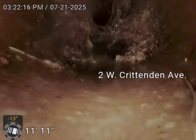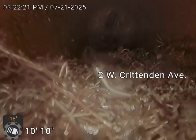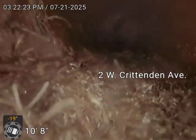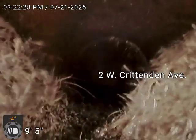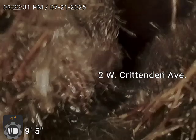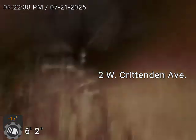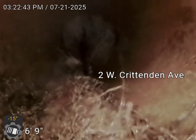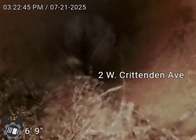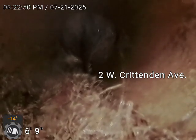If done well, they could get probably a 6-inch knife down through here, at least a 4 double knife, and be able to scrape the walls of this. And then with another inspection, you should be able to see if it's done any structural damage to the line, and that's what I'm recommending. It's a cleaning and a reinspection, because we've barely made it out. I would have them try to take it out at least 75 feet or 80 feet or so to try to get out to the main and clean it all the way,